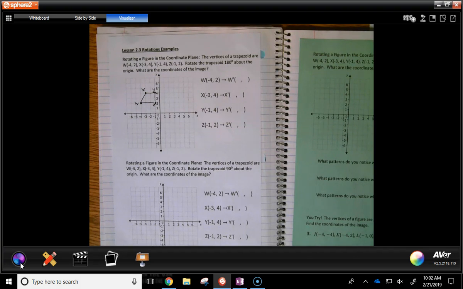Okay, we want to rotate a trapezoid 180 degrees. Now, on Tuesday we talked, if I rotate,